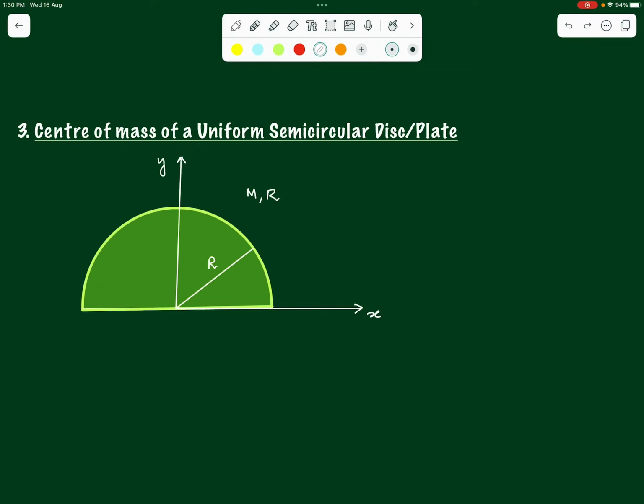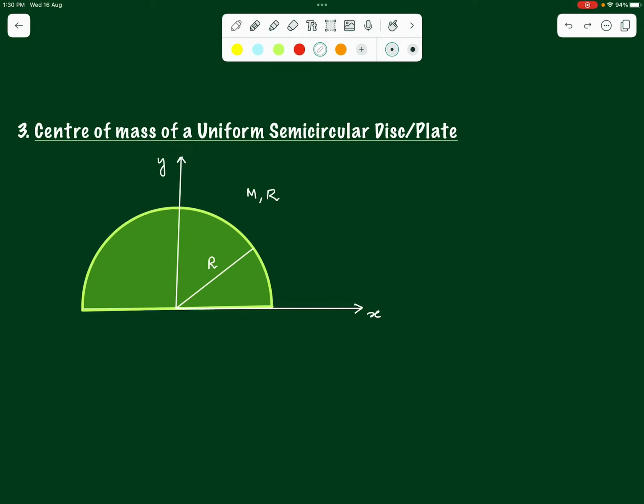Now, how do we find out the center of mass? To do that, once again we have to divide this disc into some small mass elements whose positions we can find out, and then we can use those positions to find out the integral for the x coordinate as well as the y coordinate. Now see here that in case of a half disc, we can use the result of a half ring that